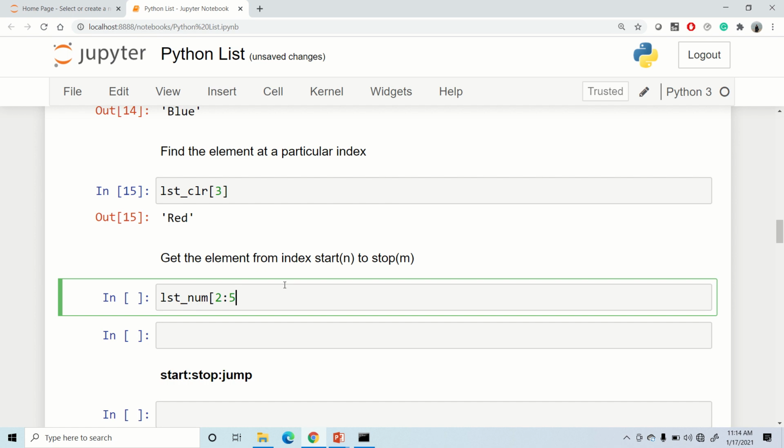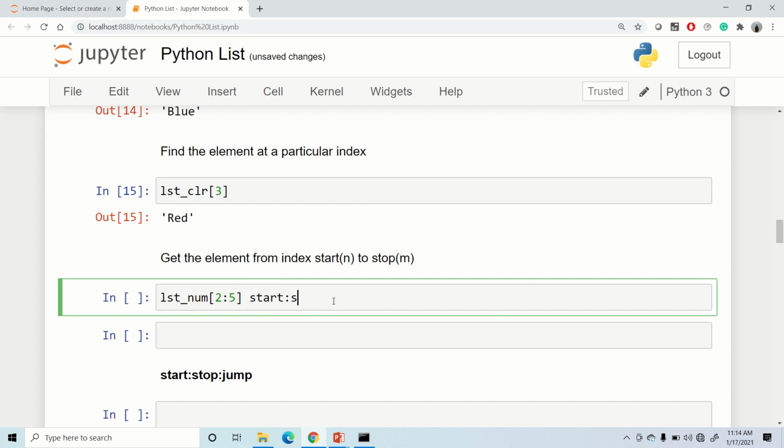This is a start and a stop, separated by a colon. The start index would be included, but the stop one would not be included. It is up to the stop, right? So if I write 5 here, I'll be getting the data till 4, not 5.